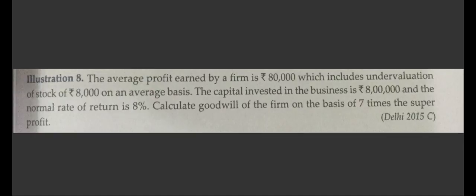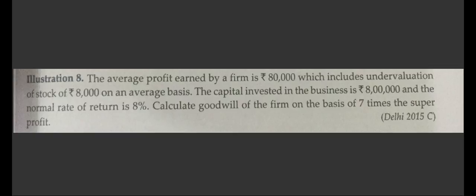The next problem is the average profit earned by a firm is 80,000, which includes undervaluation of stock of 8,000 on an average basis. The stock is undervalued by 8,000, right? The stock should be 8,000 up. If the stock is 8,000 up, automatically the profit will be up by 8,000. If you remember trading account, right? If the stock is up by 8,000, the profit will automatically be up by 8,000 because we have the asset of 8,000 more,